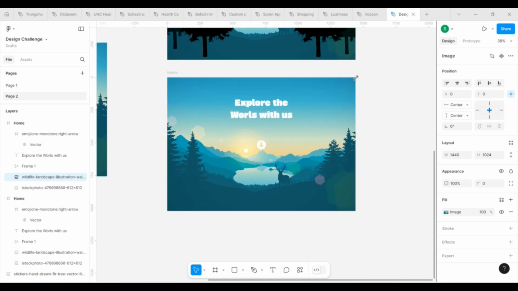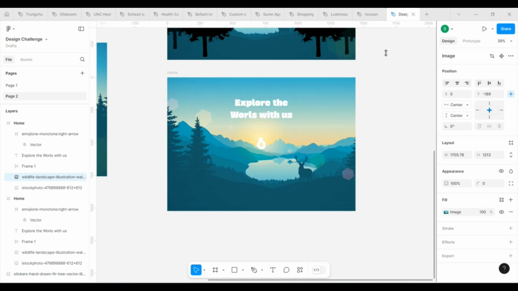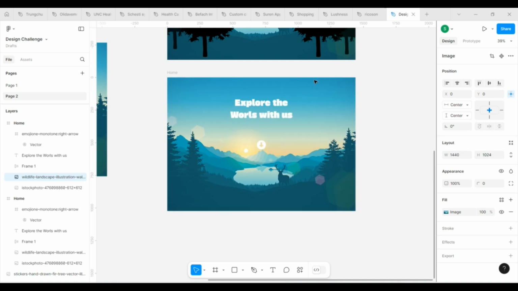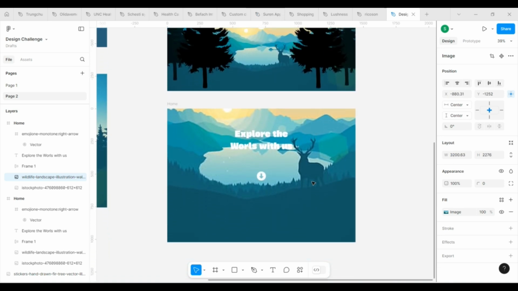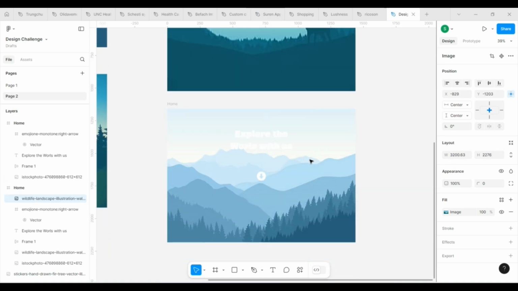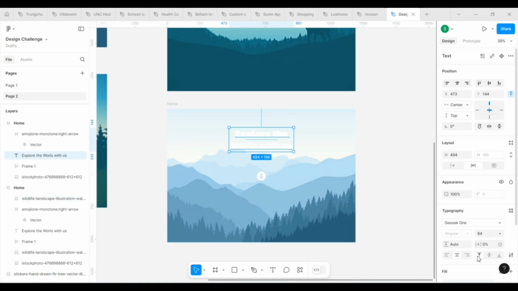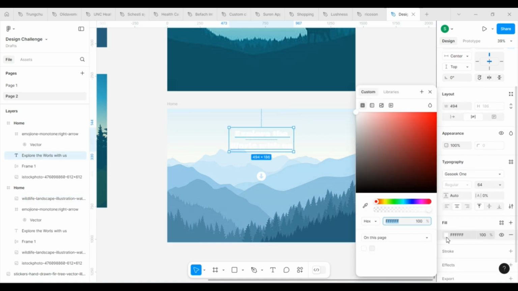Move the background image above outside the frame. Now change the text color and alignment accordingly.